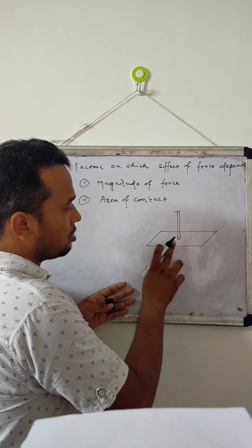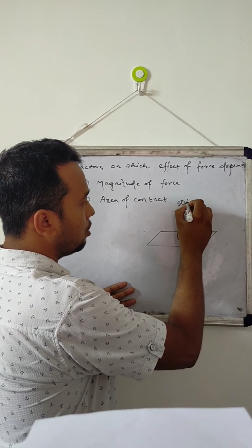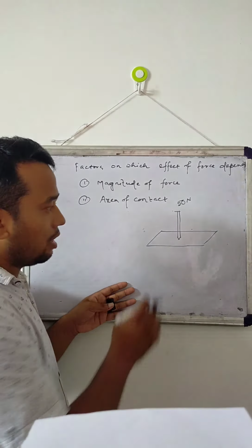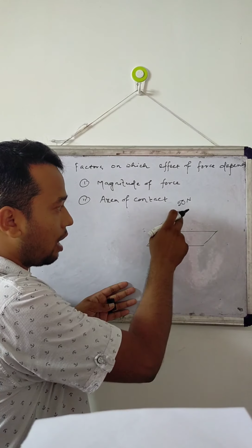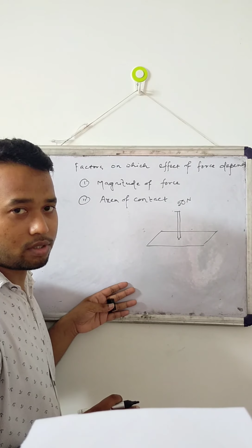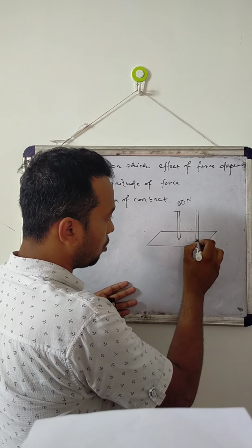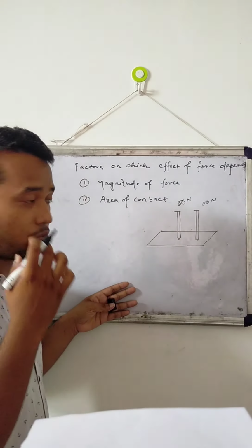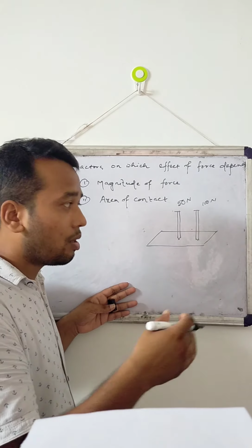Now suppose in the first case we are applying 50 Newton of force. Newton is the unit of force. In the first case we are applying 50 Newton of force with a hammer, then this iron nail will move or insert into the wooden surface. Now we put another similar iron nail, and in this case we are applying 100 Newton of force. Then this iron nail will also move or insert into the wooden surface, but